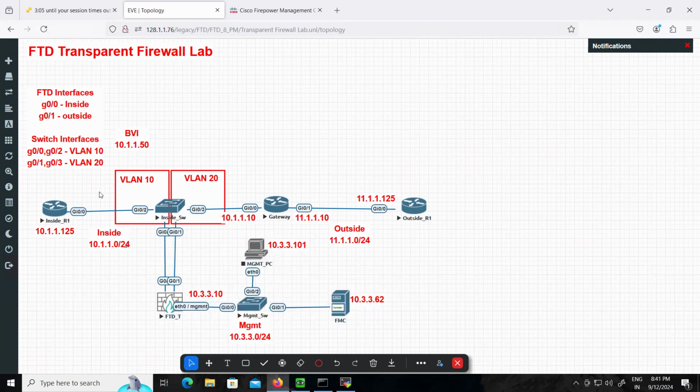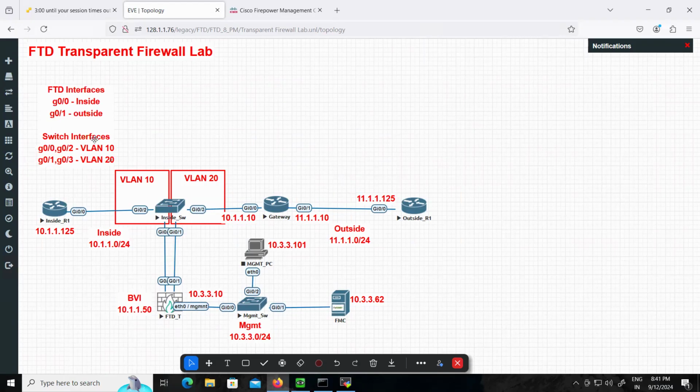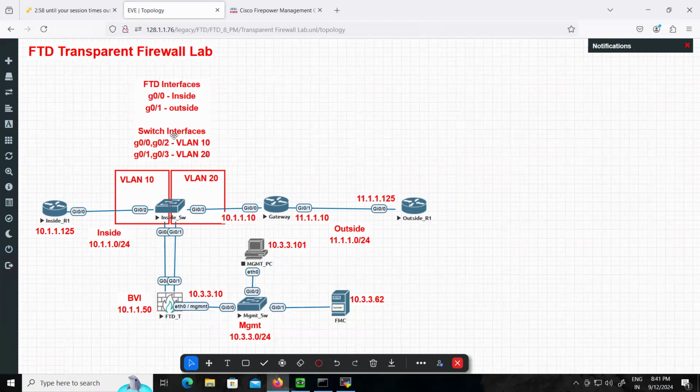So now let's see what will happen. Here is the verification for F3: Z0/0 of F3 is inside, and Z0/1 of F3 is outside. Thereafter, on the switch, interface Z0/0 belongs to VLAN 10. So 0 and 2 are in VLAN 10, and 1 and 3 are in VLAN 20. Okay, so now let's go and